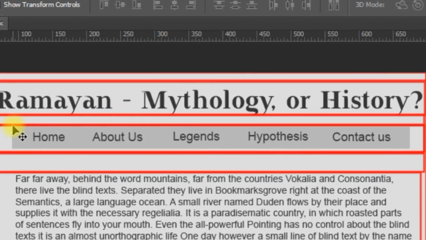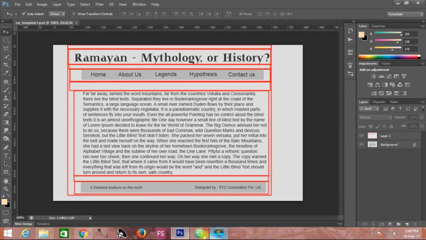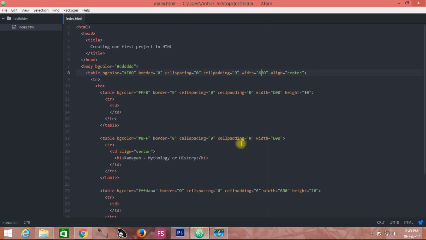Now this is the first gap, then you have to provide these 5 menu tabs over here, and then you have to provide another equal gap over here. The width of the column should be equal to this column, as you wanted to have an even gap from both the ends of this table.